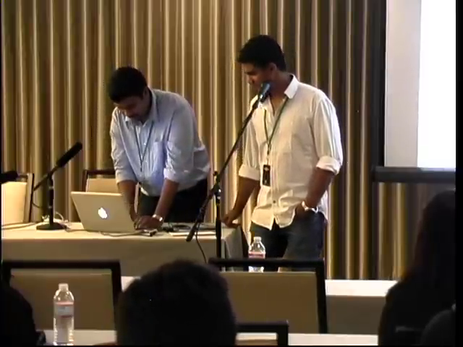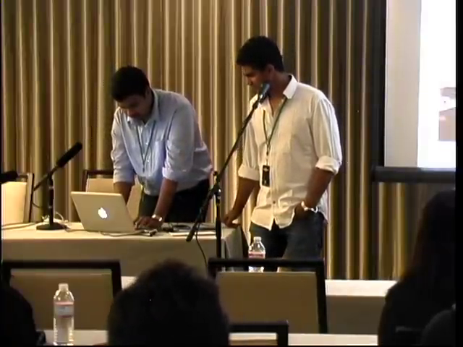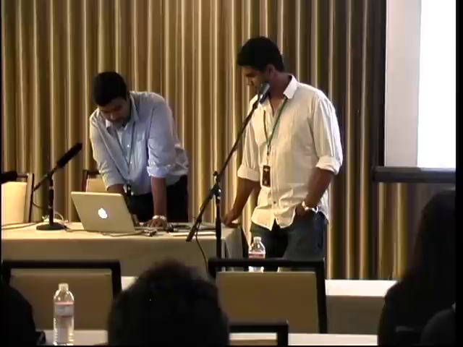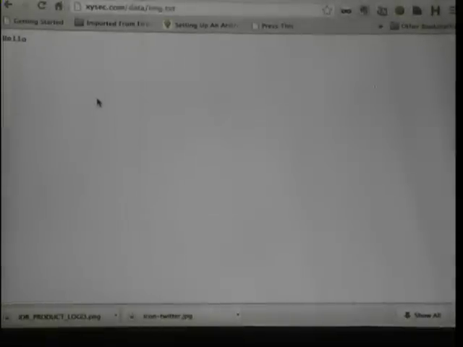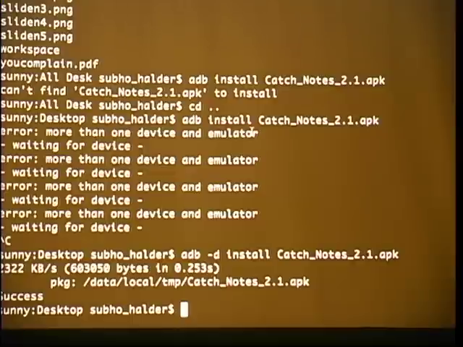All right. So all the data are saved over here. All the data is going to get appended to this file, right? Let's go over here, adb shell.